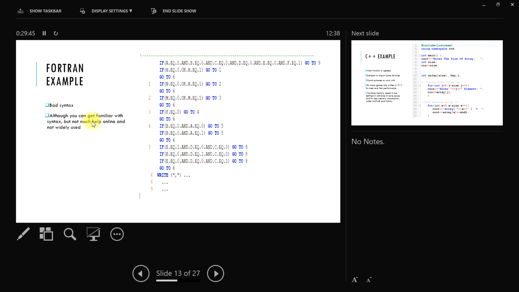I think we shouldn't compare all these programming languages and MATLAB together, right? Because MATLAB is software, so you can exclude MATLAB. I just mentioned it over here. Although you can get familiar with syntax, that's true, but it's software, not in the same category. Yeah, I'll agree with that. That's what I was mentioning: although you can get familiar with syntax, you have to see that not much online help is available. It's not getting updated.